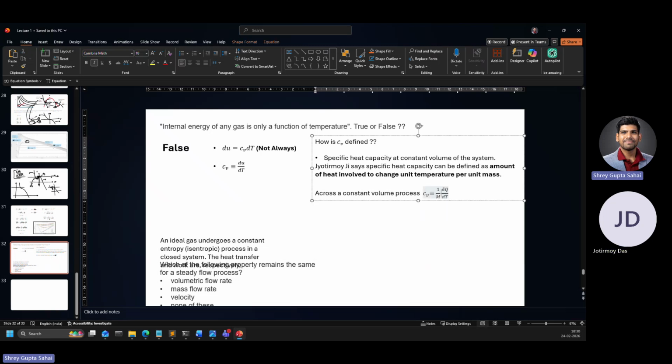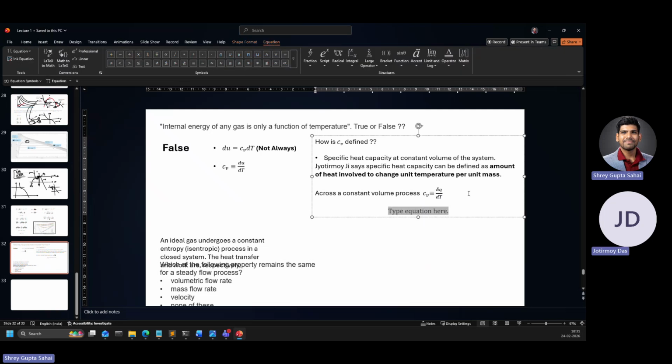this 1 by m can be absorbed in Q to write heat transfer per unit mass. So just the small q instead of a capital Q. Okay. This is how you define things. So now if I invoke, for the case of a constant volume process, energy conservation, then what I write is